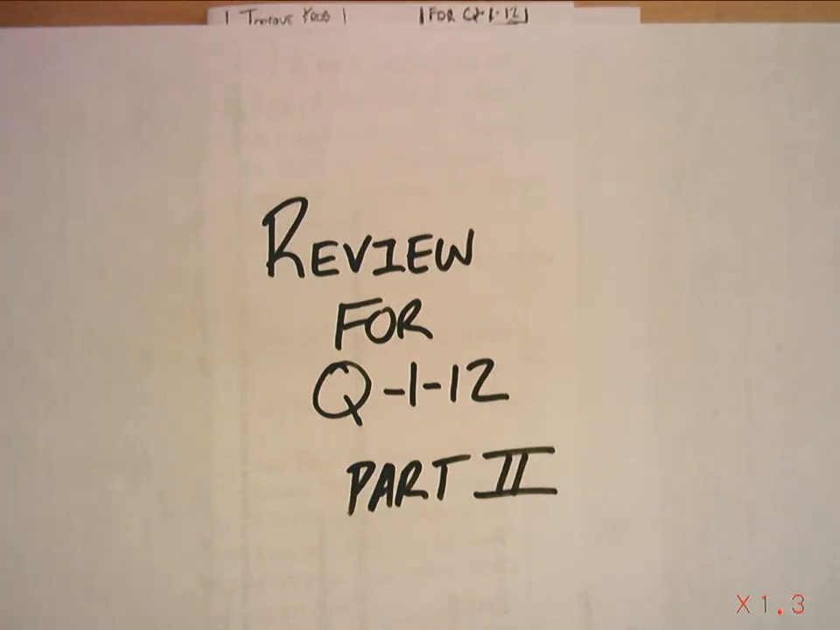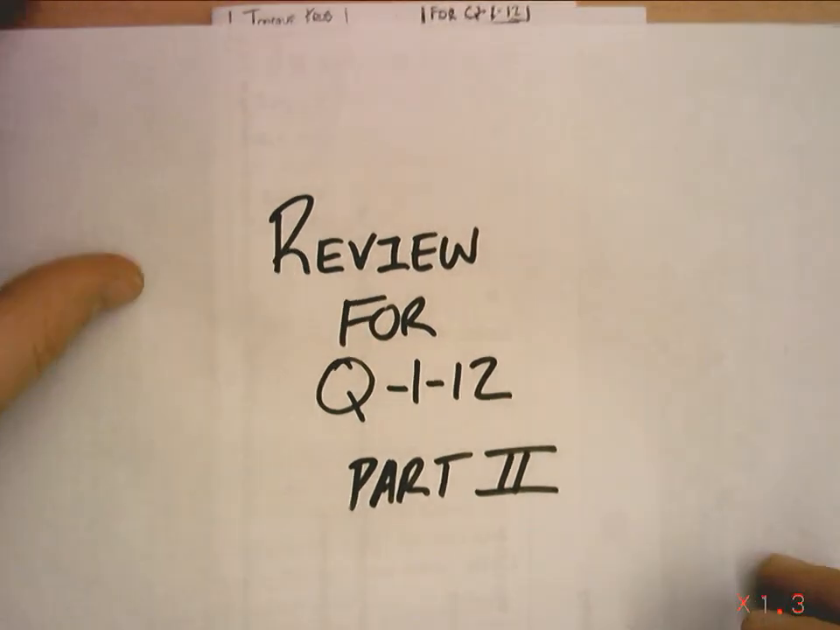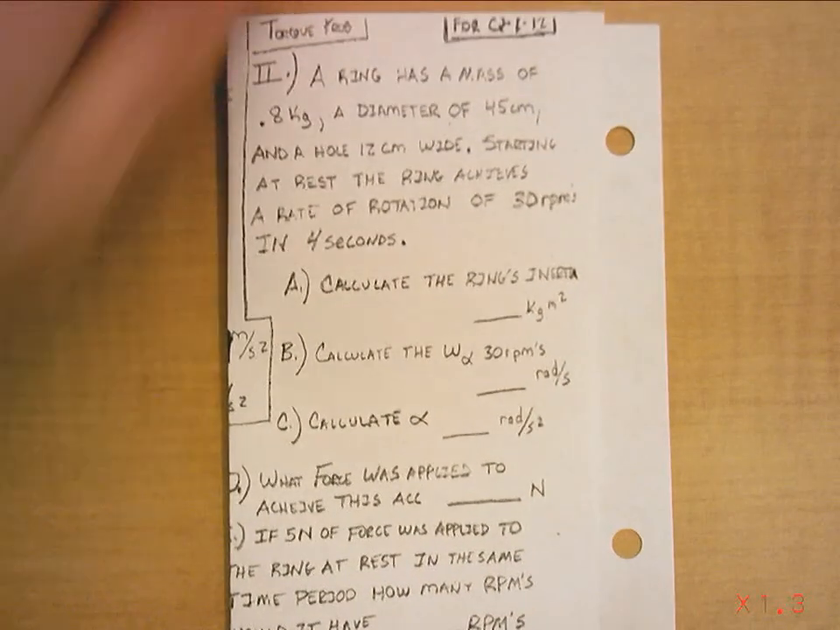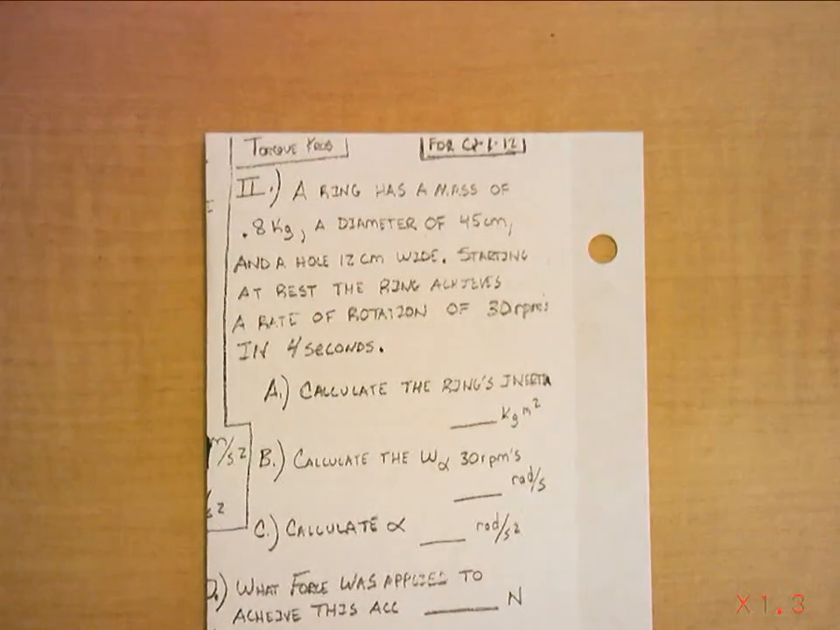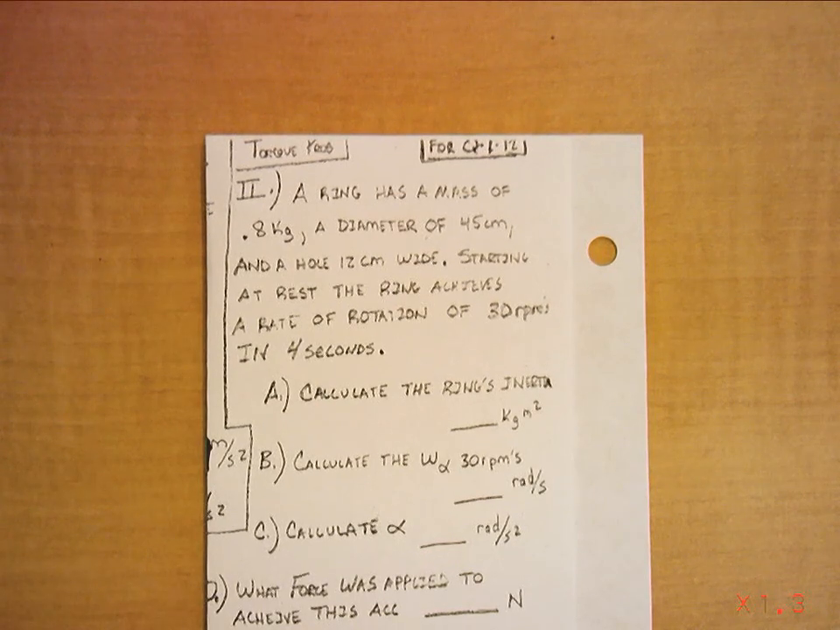Okay, so here's our second part to the review. Now we're going to do what we call the torque problem. We're looking at a ring. It's more of a hoop than a ring. Whether you call it a hoop or a thick ring doesn't really matter, but it says it has a mass